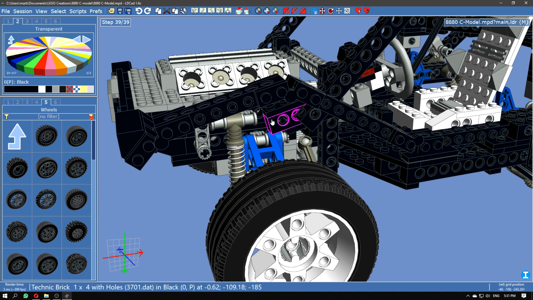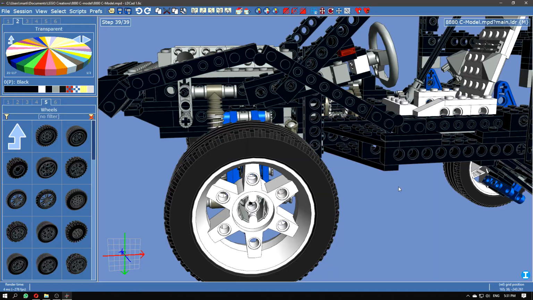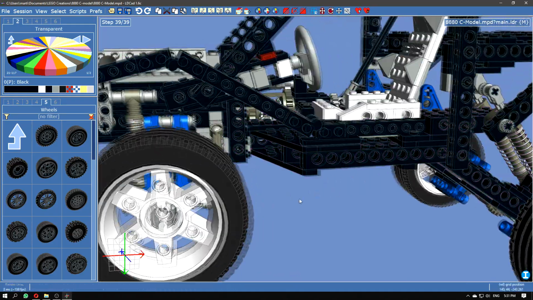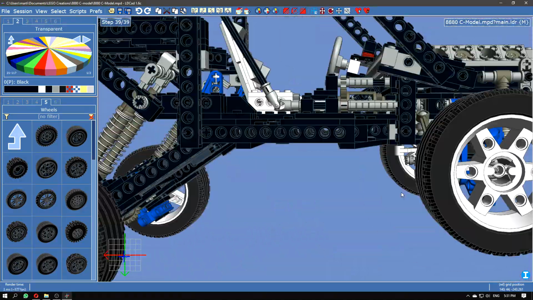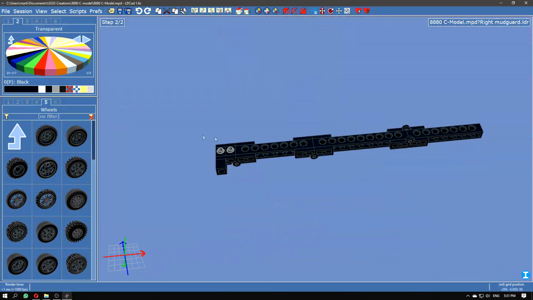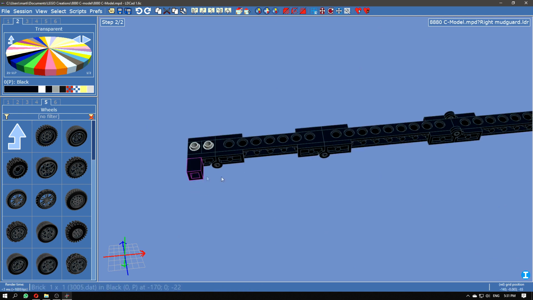This grouping will make it easier for us to put this mudguard in place, because of course I don't know the exact angles that these hinge plates need to be at for me to have it get in there at once, right? So what we're going to do is we go to a submodel right now, and we're going to make multiple